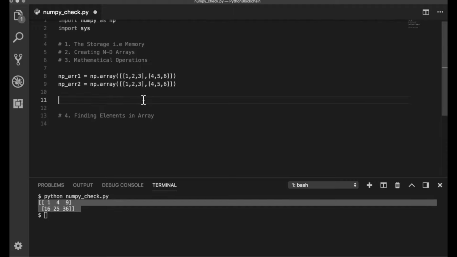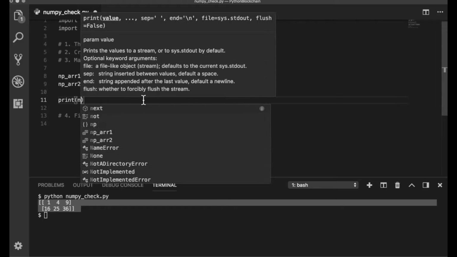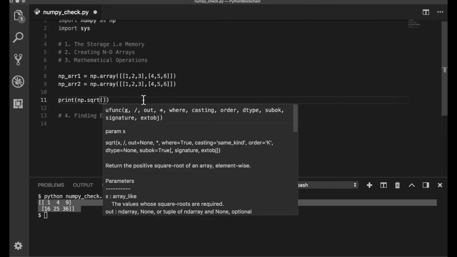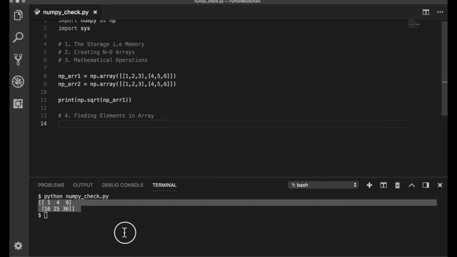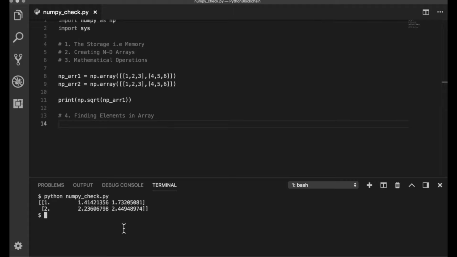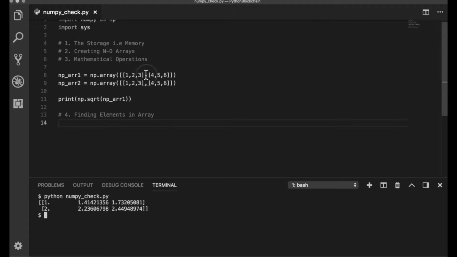Not only this, there are other mathematical functions which are very useful. For example, I want to print the square root of each element of numpy array 1. Okay, let's go ahead and see what happens. You can see that it's the square root of all the values over there. Okay, numpy array 1. And along with the square root, there are other functions like, for example, mean